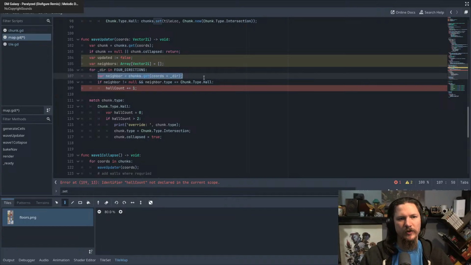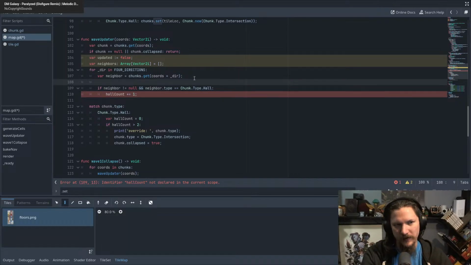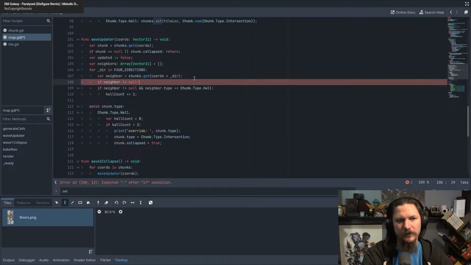And then neighbor, if neighbor is not equal to null, and for neighbors we don't care about type here. So if neighbor is not equal to null,